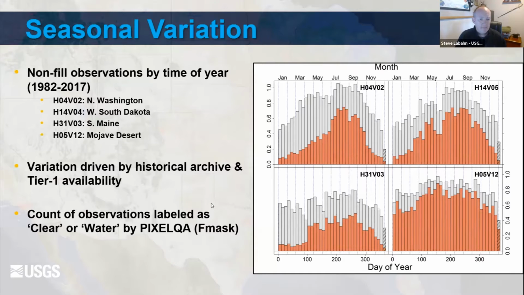One of the things that we've noticed, and others will notice, of this archive is there are some variations, and there are some seasonal variations which are outlined in the gray bars, but we also have variation in the clear or water pixels. So we subset out the pixels we want to use. We exclude clouds, for instance, and we pick out the clear water pixels only for the LCMAP system.